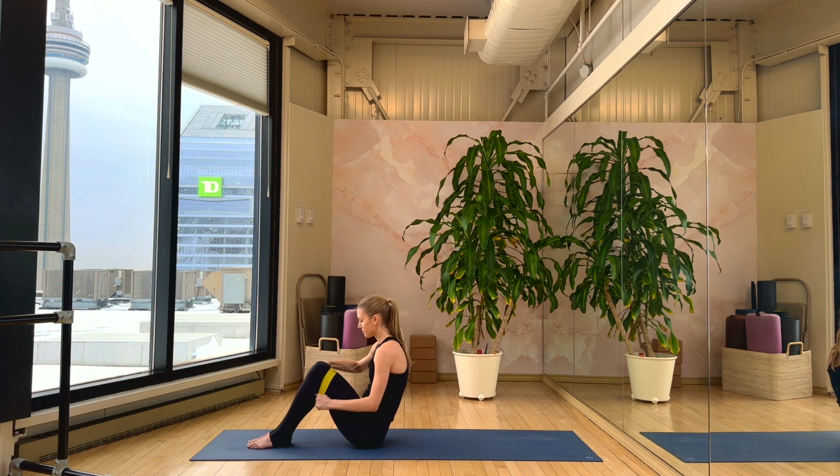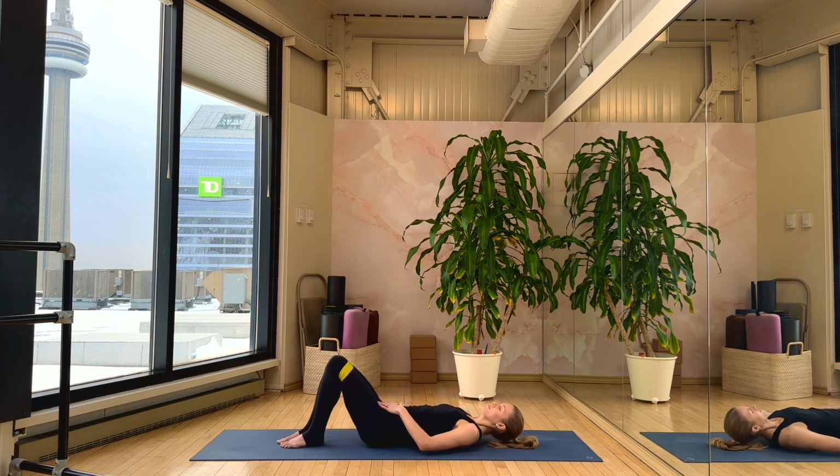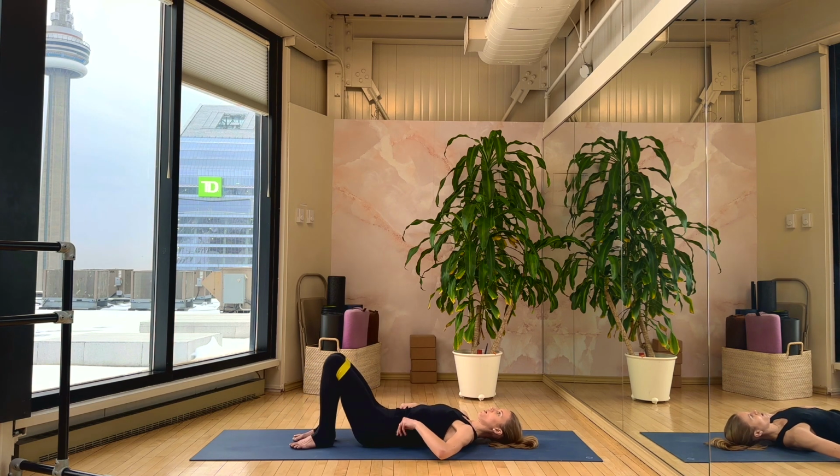So make sure it's nice and flat. Gonna come onto our back, and we're gonna do a little core sequence here. So we're gonna take the hands behind the head with the elbows wide. We'll start with a crunch. So we're gonna build up the sequence move by move and make it a little bit more challenging as we